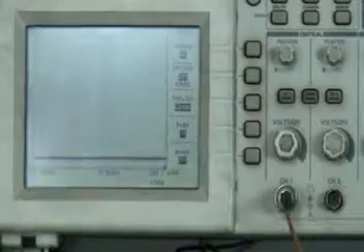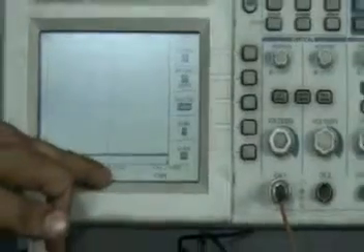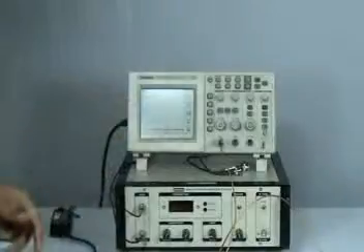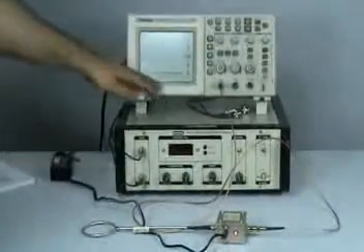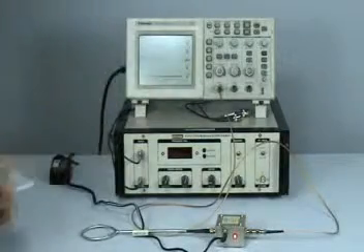Now this detector is converting the RF input into a DC voltage which is being viewed on a CRO. We've set the time base on the CRO as about 10 milliseconds. I'll tell you why we set it for 10 milliseconds. This is the normal; for every 10 milliseconds is the horizontal division.